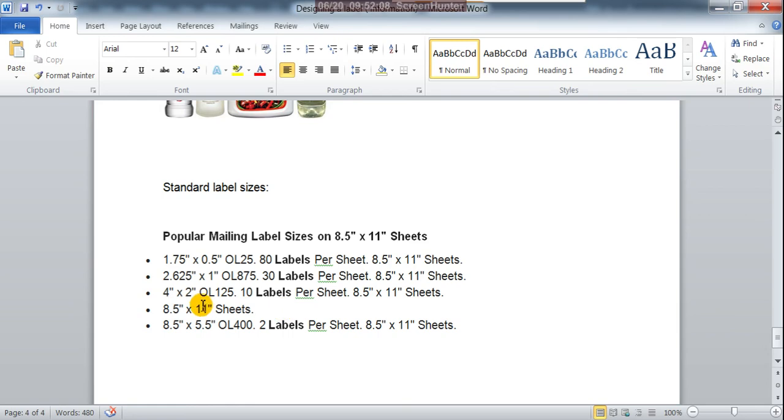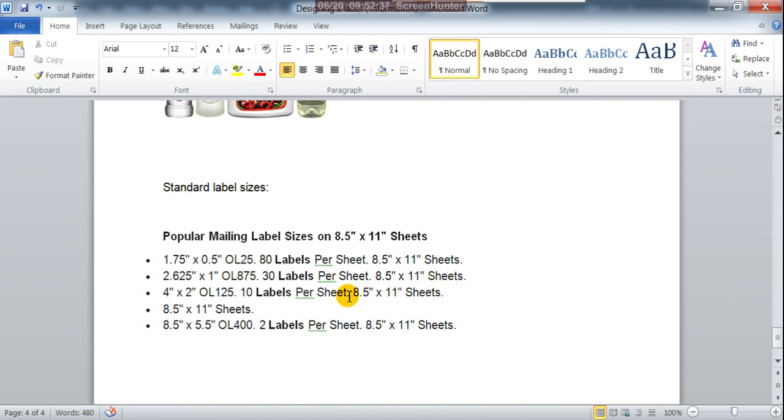The same way 2.625 into 1, so this is 30 labels per sheet. That means what? On the sheet size, if you take the same size of the label, 30 labels can fit. So 30 labels you can produce on 8.5 into 11 sheets.